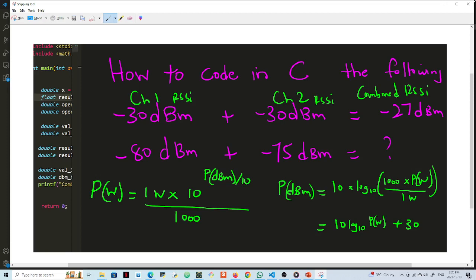Now the two formulas you need for this code: first, you need to convert the RSSI to watts. Then you need to add the watts, and then you need to take the total watts and reconvert it to dBm. So the first formula here,